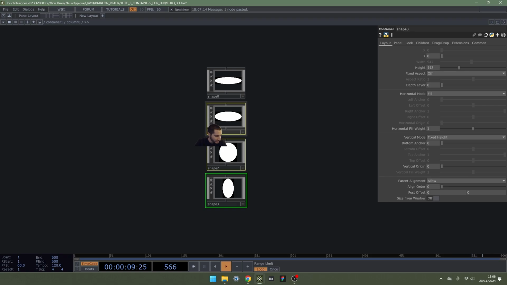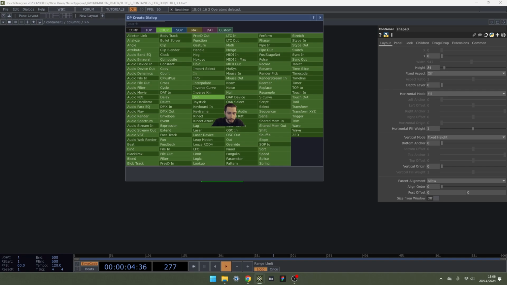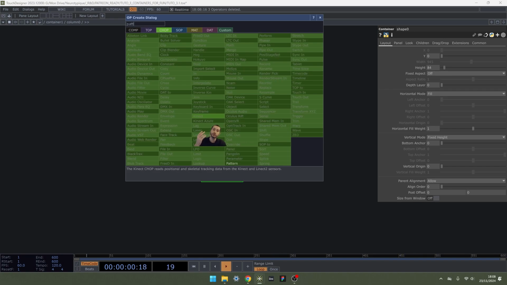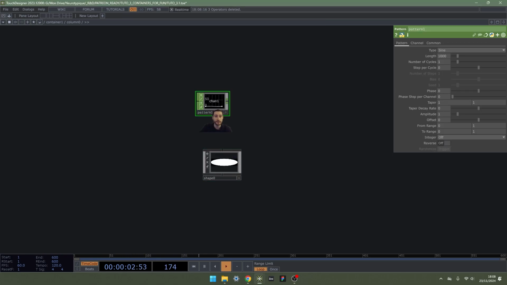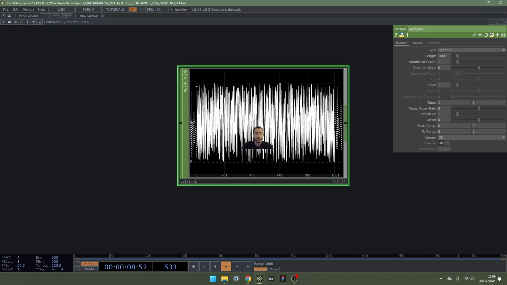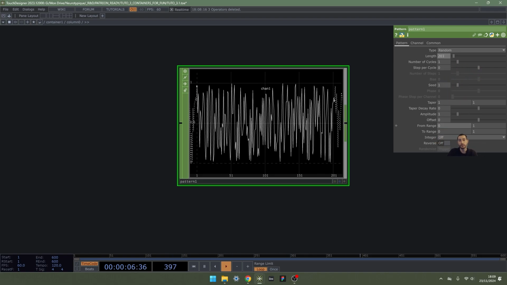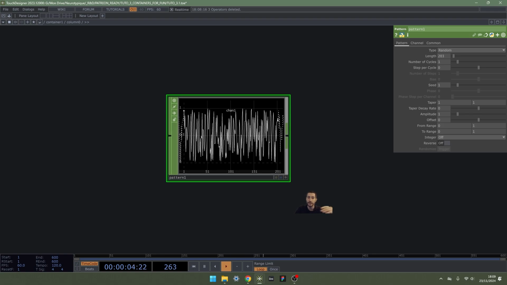Let's delete all the manual copies. There are several ways to make randomness in TouchDesigner, and I'm going to show you one I use a lot. It's with Pattern CHOP. For this one, I'm going to select random, and it lets me say how many random samples I want, from what range, right now 0 to 1, and to what range I want to remap them. So it's a really convenient, fast and easy way to have plainly random numbers.